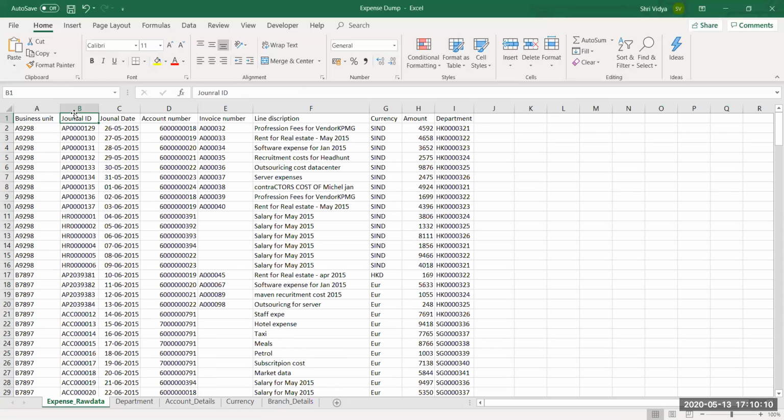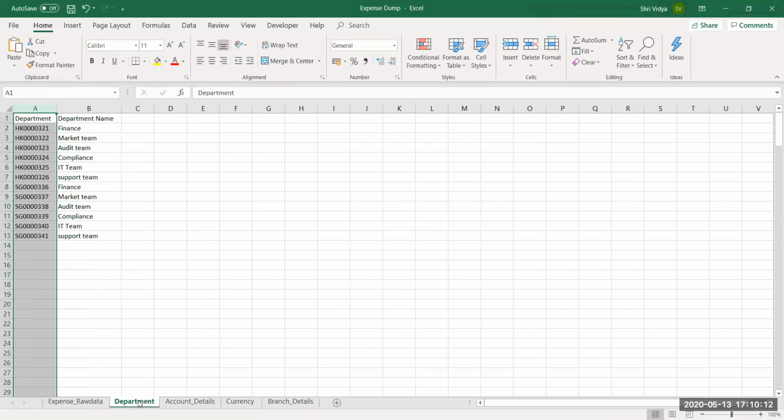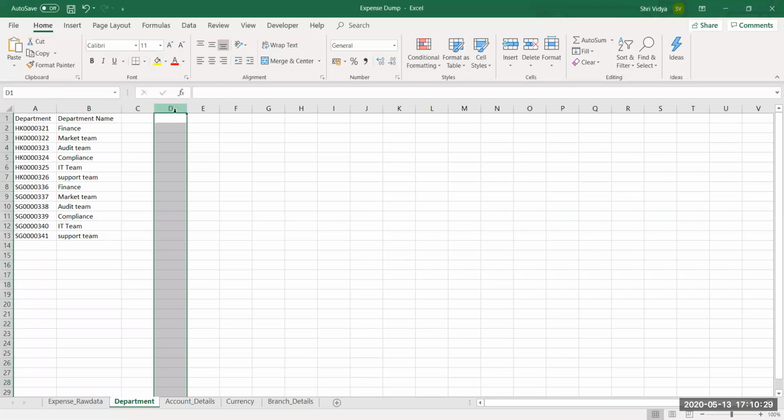The reason, as I told you, is that for the sake of simplicity we have kept only two columns. This particular sheet could have many other columns, like which branch this department belongs to, who the department manager is, contact details, email. I could have these things also. The same goes for other things as well.